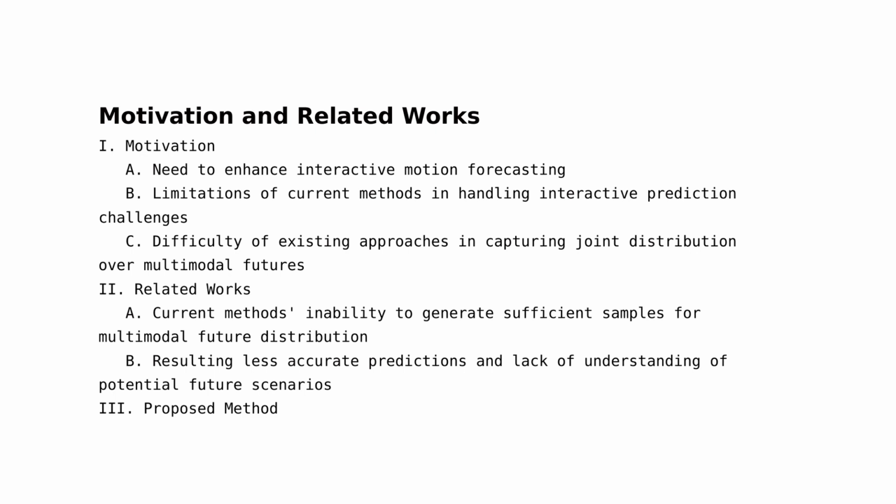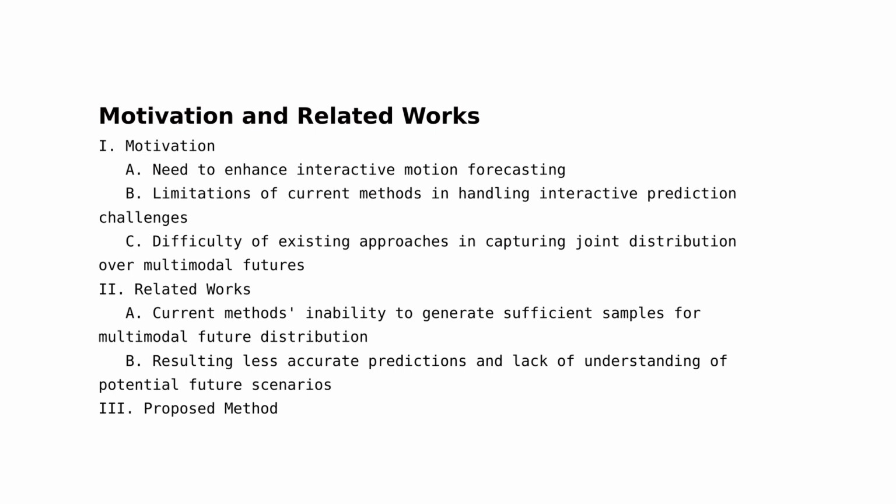These existing approaches often struggle to capture the joint distribution over multimodal futures, which is a crucial aspect of accurate forecasting. The approach that this research proposes is unique in that it leverages multi-agent rollouts over discrete motion tokens. This is a significant departure from existing methods, which may not generate a sufficient number of samples to represent the multimodal future distribution. This limitation in existing methods can lead to less accurate predictions and a lack of comprehensive understanding